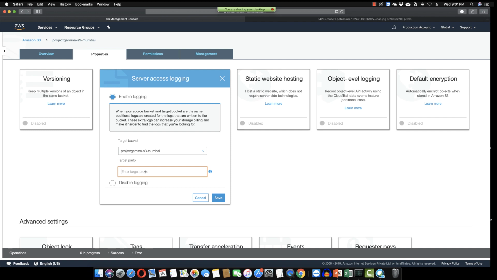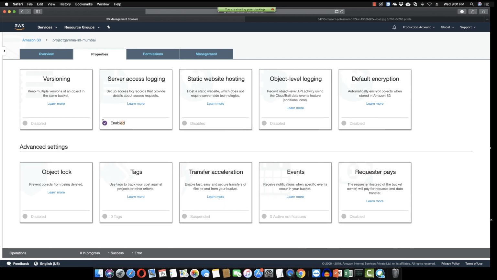So just type in, for example, logs/. It will create a folder named logs where all my server access logs will be captured, for each request that's being made to the S3 bucket. If I hit save right now,